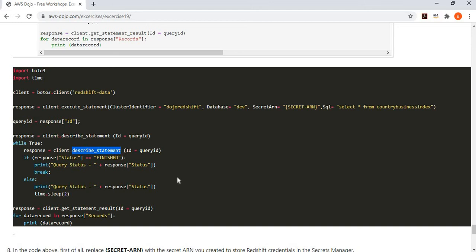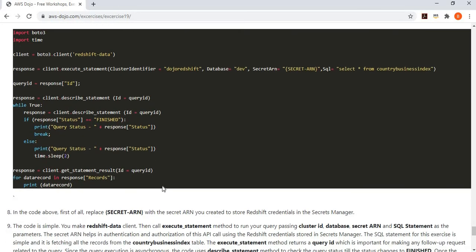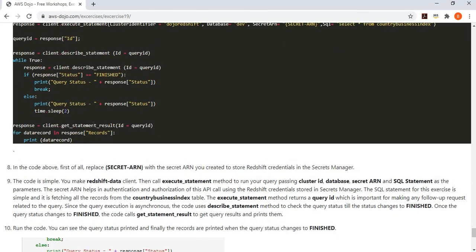SQL statement execution. This is pretty small, so it hardly takes any time to execute, but I'm running a small loop over here, printing the status, and waiting till I get the status back as finished. If I get a status back as finished, that means the execution is finished, and I'm good to go and fetch the result. So I'm simply looping till I get the finished state. And then I'm running get statement result, which will simply go and